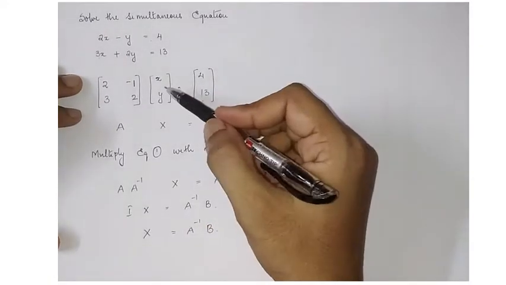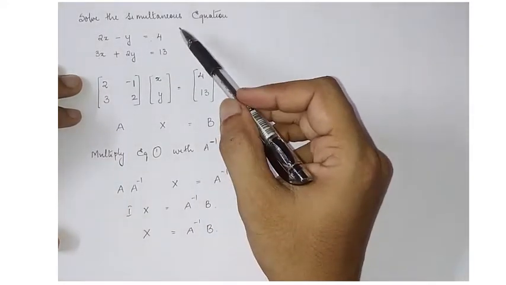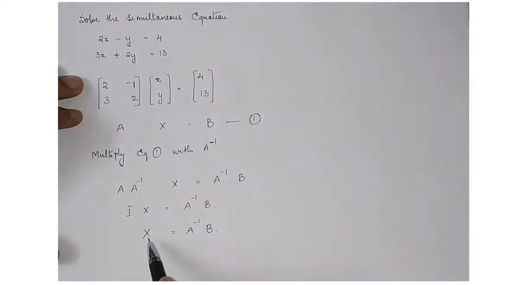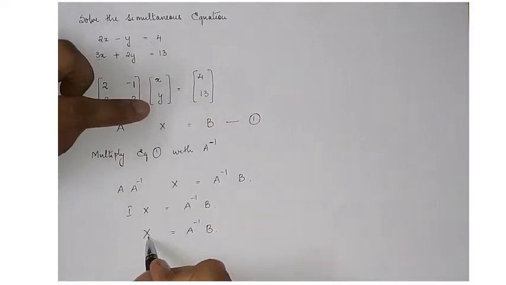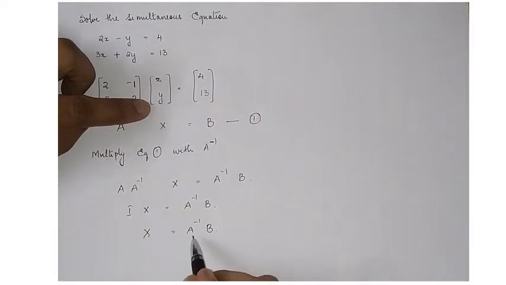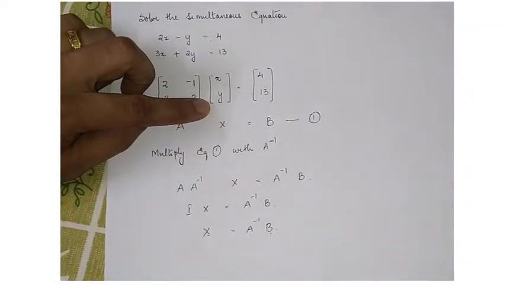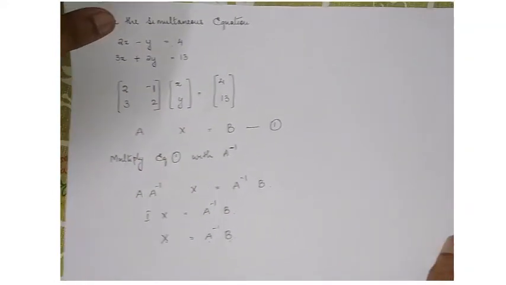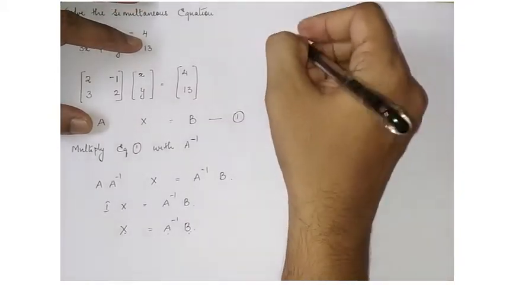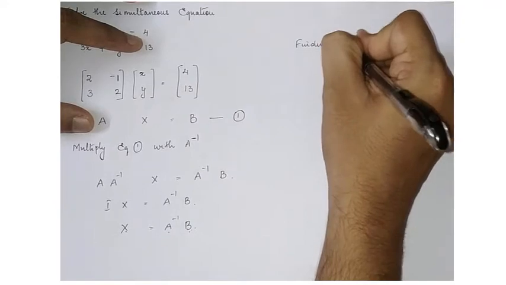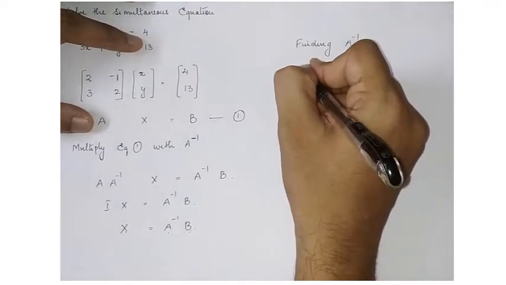Now we are trying to find out x and y. That is why we are solving this. We are solving this for x and y. So we can just write it like this. Now X means the column of x and y. So (x, y) is equal to A inverse B. If we find A inverse first and then we multiply it with B, we will get x and y. So we'll try to solve that. Finding A inverse. So step 1 is finding the